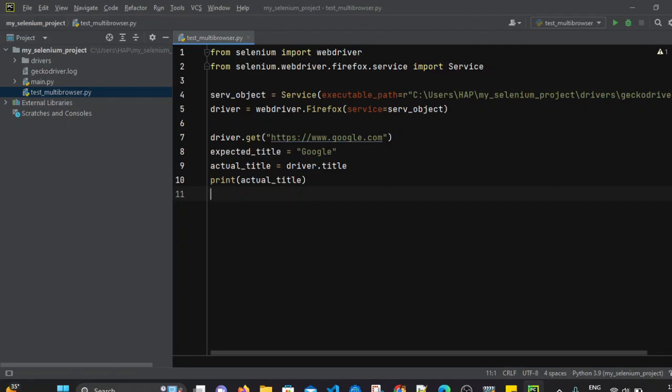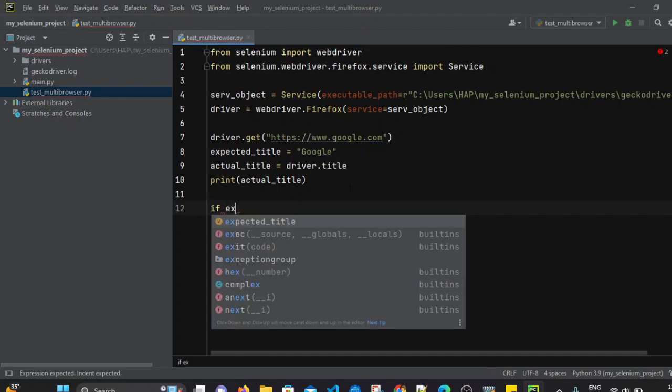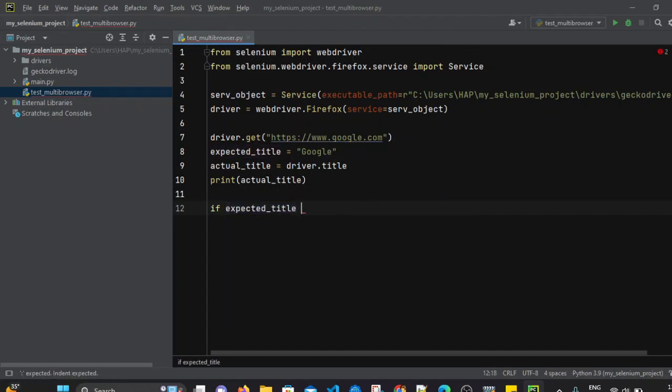So we have to compare if expected title equals actual title. If both the values match, that means our test case is passed, right? So if expected title equals actual title, we can simply print test case is passed,